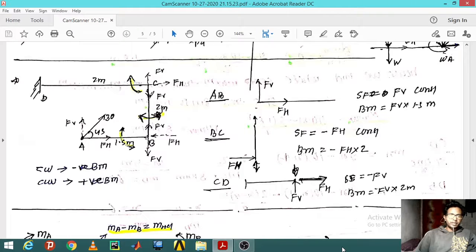So what will it create? It will create a moment at that point. The magnitude is going to be Fe into 2, which is the cantilever length. This is going to be the moment at that point, and the Fe force will be equal and opposite to that. We know that the Fh is going to pull in the bottom direction; in a similar fashion the force is going to be opposite, which will pull the cantilever beam at the C point in the opposite direction.